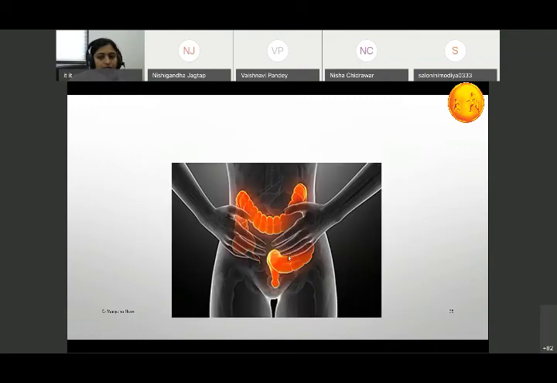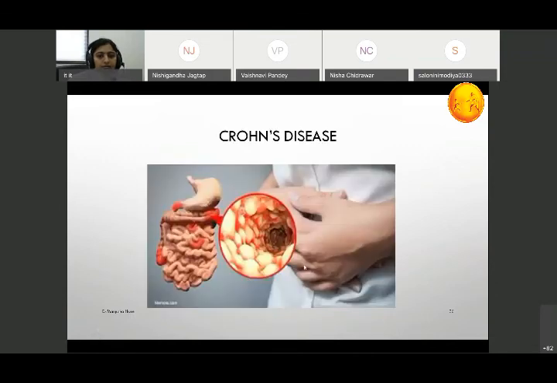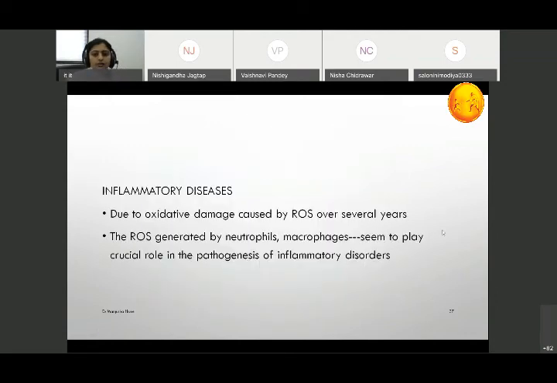Next inflammatory disorder is this ulcerative colitis. Again, we have one more inflammatory disorder, that is Crohn's disease. Now, all these inflammatory disorders have other causes also, but one of the causes is reactive oxygen species. What happens is, due to the oxidative damage caused by reactive oxygen species over several years, there will be